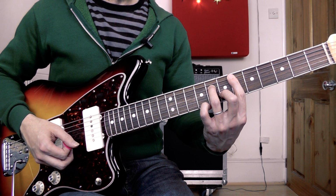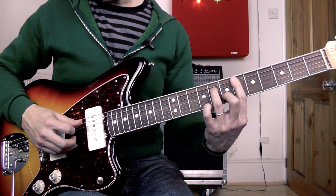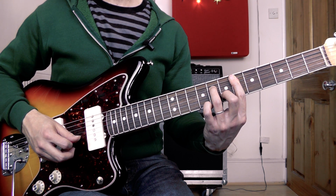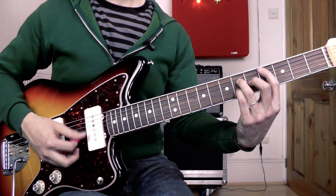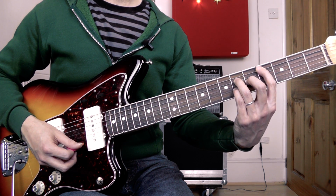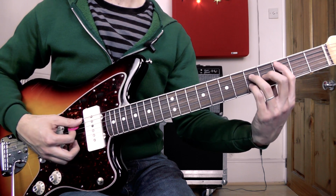Then we're playing this. Again, it's a common E flat minor 7 voicing, so it's the 6th fret on the 5th string, 8th fret on the 4th string, 6th fret on the 3rd string, 7th fret on the 2nd string, E flat minor 7. Then we're going back to the initial D flat major 7 chord, taking that down 1 fret, and then back up to the 1 chord. So from the top, it's